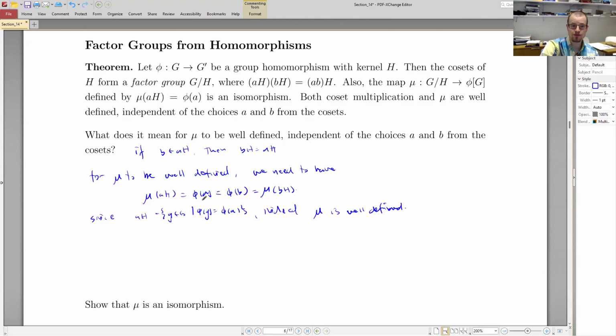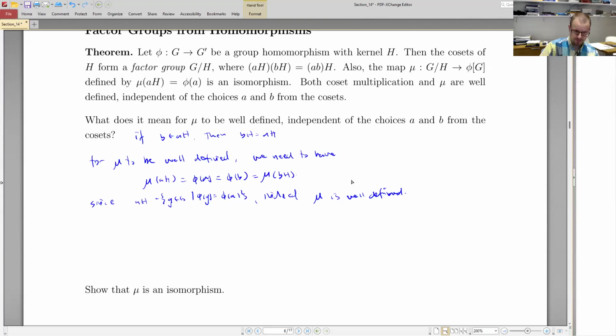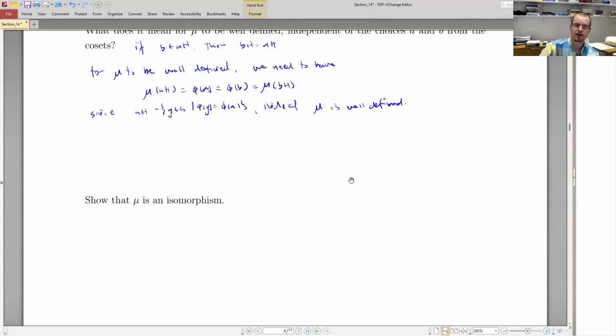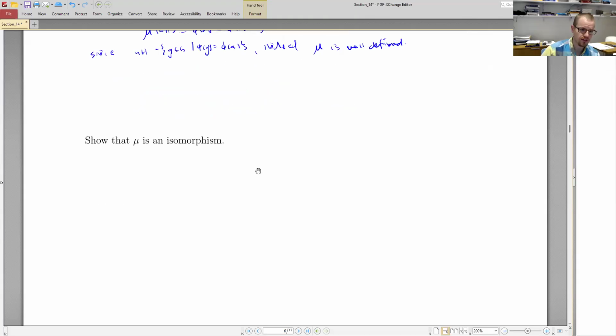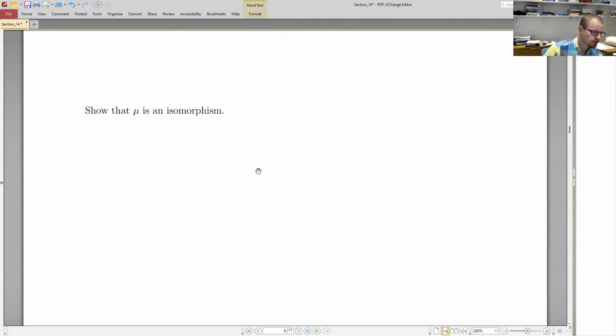Okay, so we have that phi of A is phi of B. So mu of AH and mu of BH are going to be the same when A and B belong to the same coset, based on our previous understanding of the equivalence relation there. All right, so if we want to show that it is an isomorphism, then all we need to do is show one-to-one and onto. So let's let AH and BH belong to G mod H, and assume